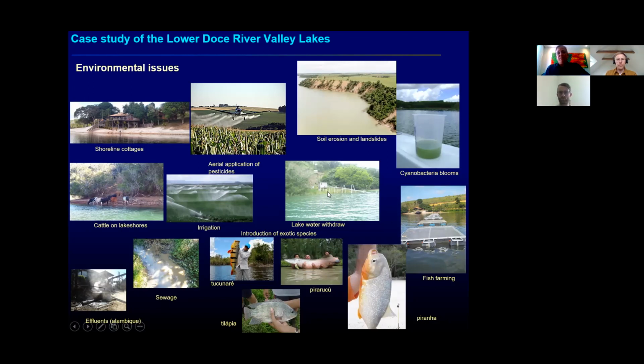So water withdrawal is very severe in the area. People rely on lake water to irrigate, especially coffee. And agriculture has been promoting a lot of soil erosion. Most of the lake watersheds have about 70, even 80% of pasture land and agricultural uses. So that's why water quality in the lakes has been decreasing a lot, with many cyanobacterial blooms, and some of them with potential production of biotoxins. And fish farming as well is another issue in the area, because it provides a lot of